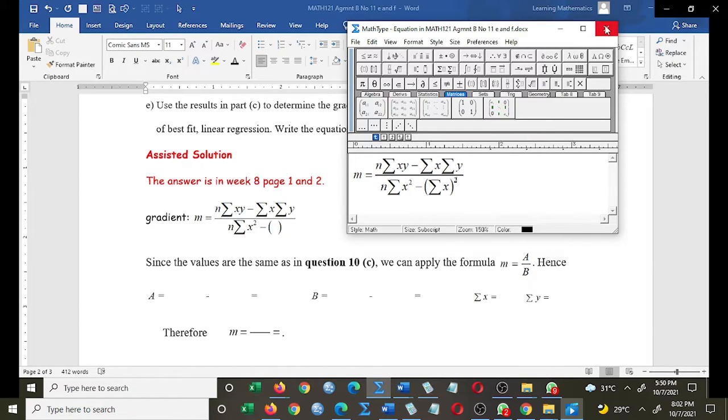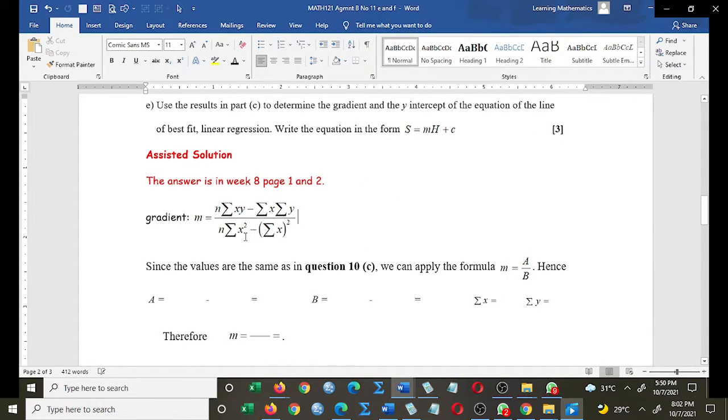Okay, so this is the formula that you need to use to find the gradient to answer part E. And to find the y-intercept now,